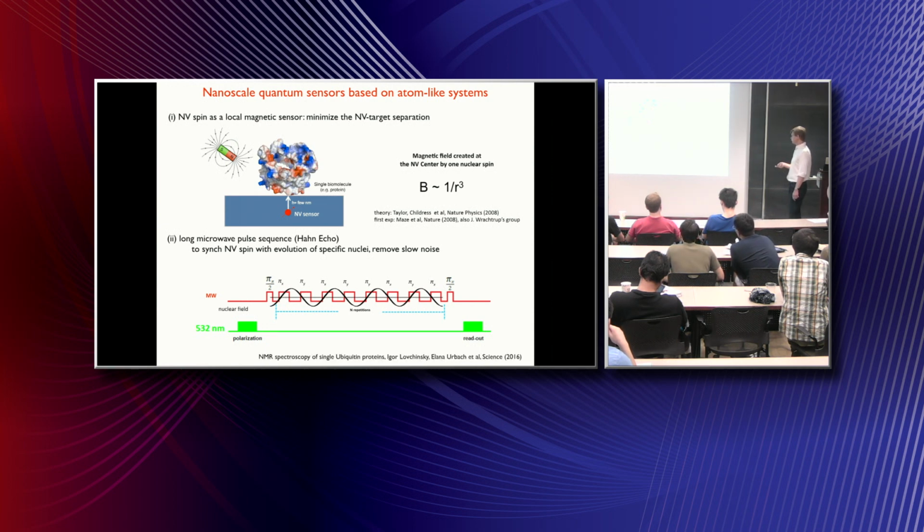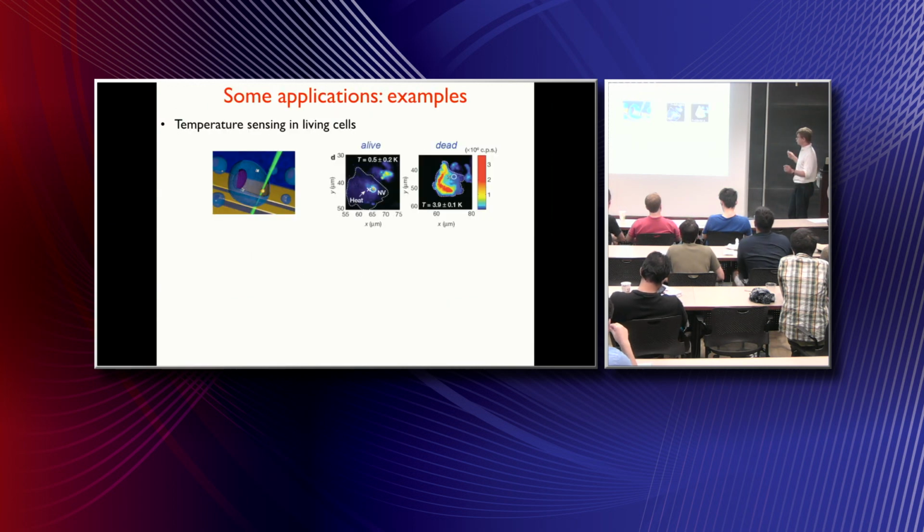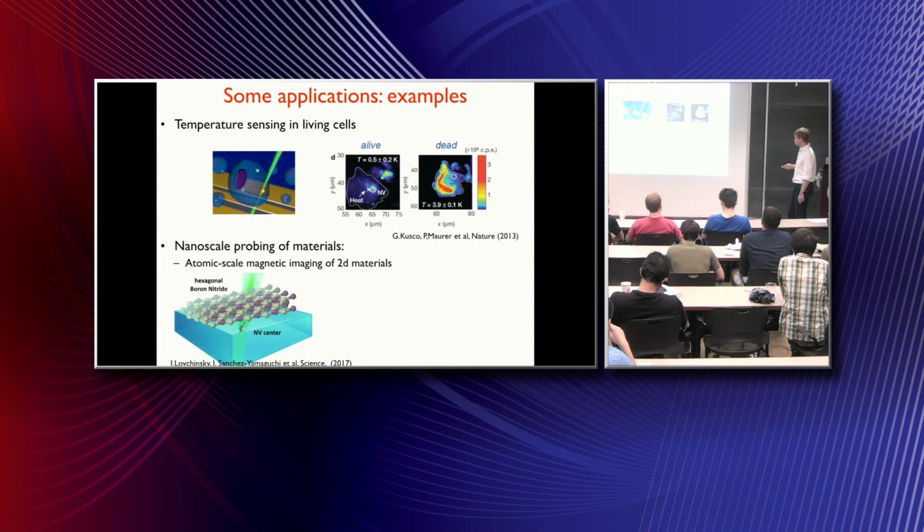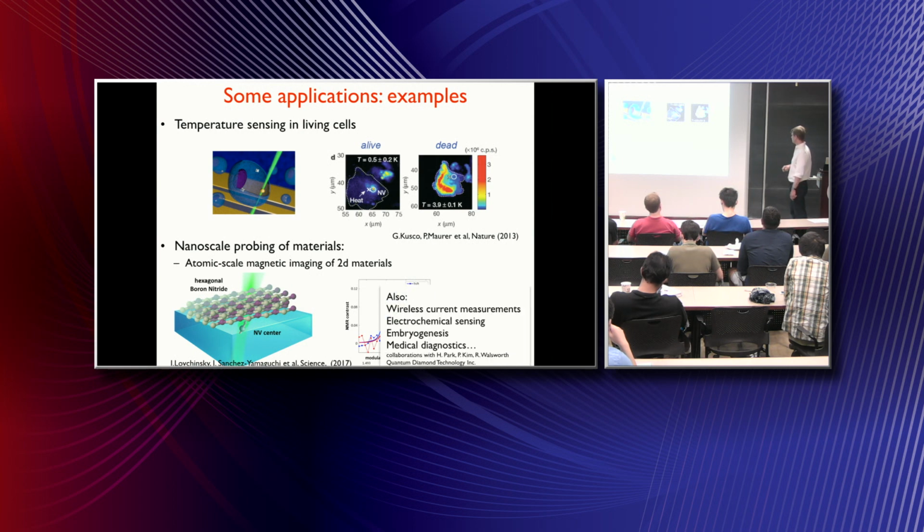Using this idea, one can do NMR spectroscopy of single proteins. You can make measurements in living cells. In material science, you can look at systems like atomically thin materials, and you can basically do MRI by peeling these materials layer by layer, and you can really start looking at shifts once the material becomes a single layer. These are some of the cool things which we have done over the last few years.